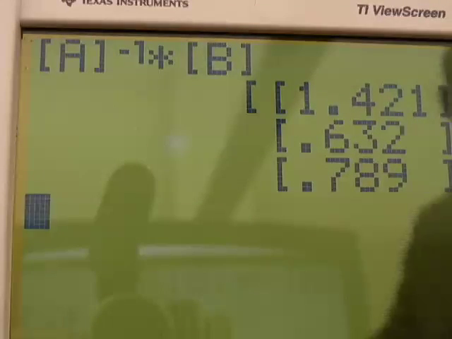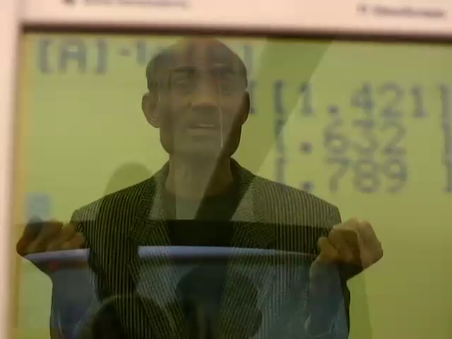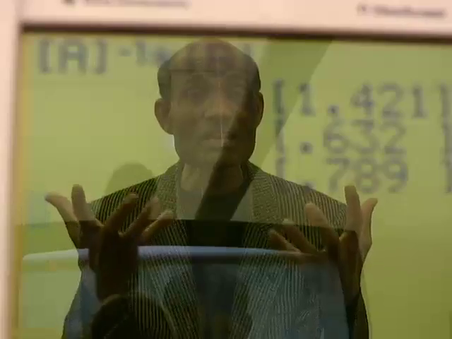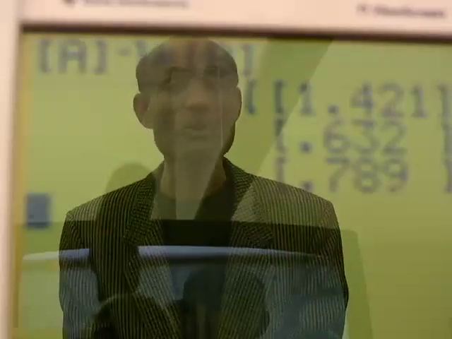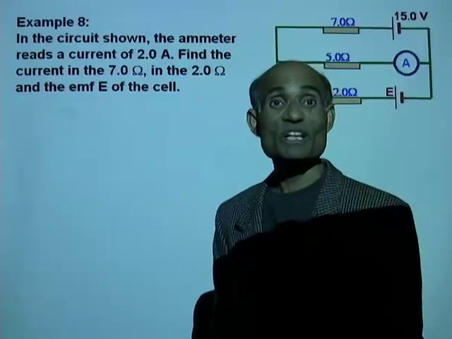Alright, practice this. You can solve any number of equations like this. Isn't it beautiful? Many times you will need to solve simultaneous equations or systems of equations like this. You can use your calculator for that purpose. All right. In the circuit shown,